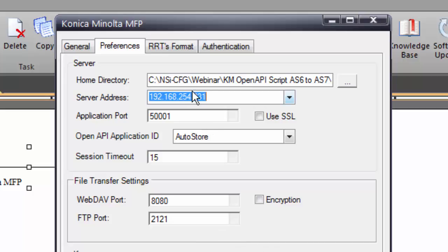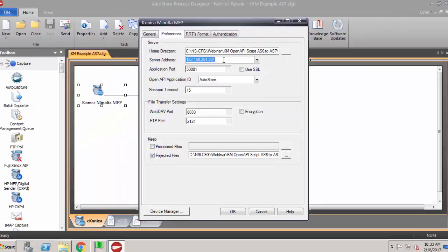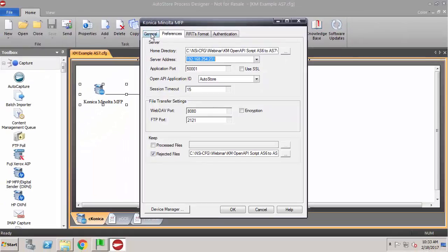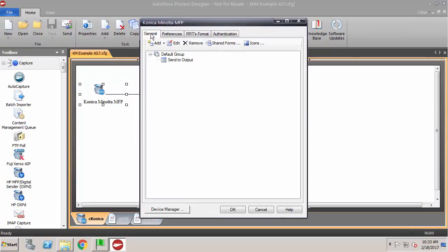This will always be something when you move from one server to another that you'll definitely run into, regardless of whether you're using a form script or not. Finally, the other thing that you might want to take a look at, I'm going to come back into the General tab. Most of the time this isn't going to be an issue for you at all, but if you